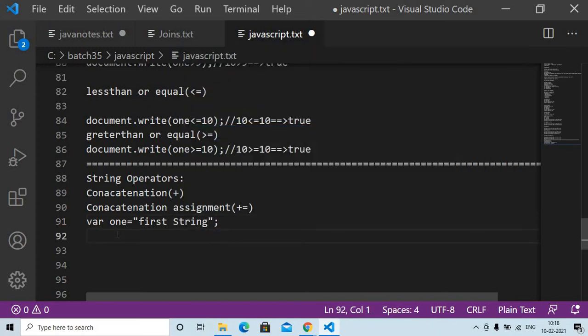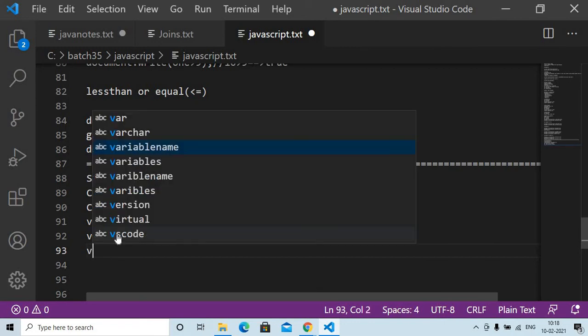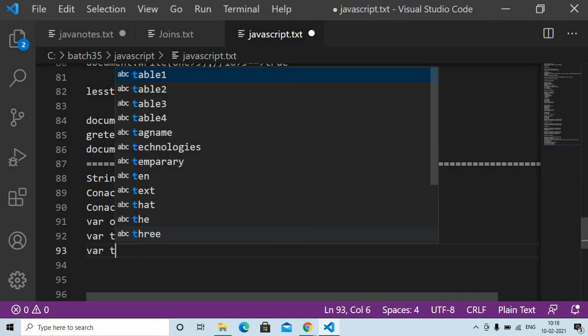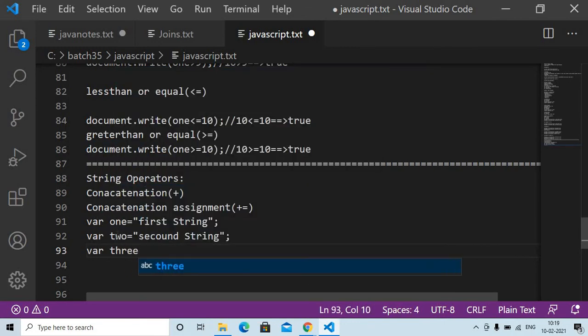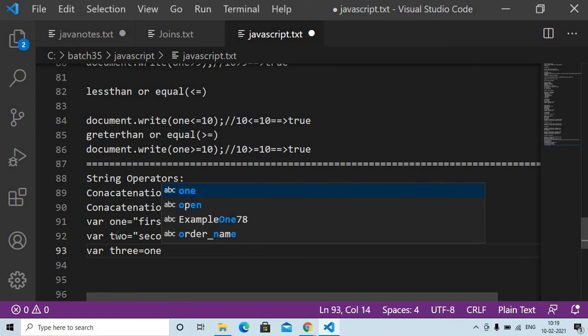And the second one, I am taking one more variable, 2, second string. Okay, so you want to attach these two strings in a third variable, where 3 is equal to 1 plus 2.